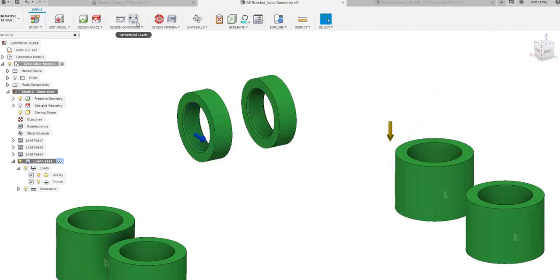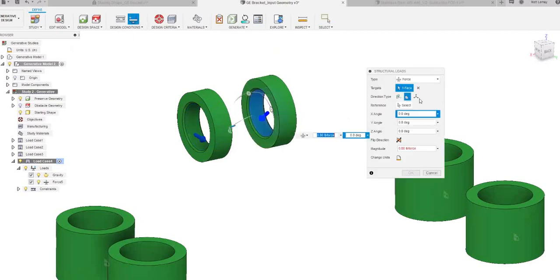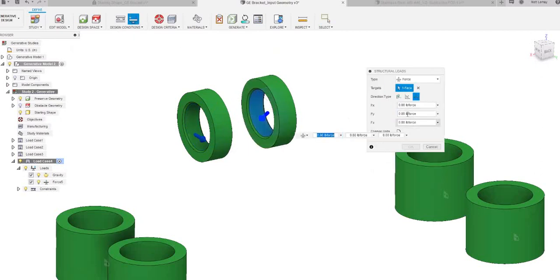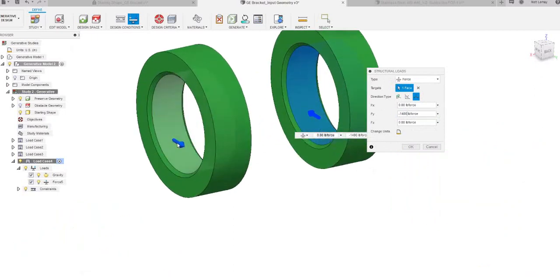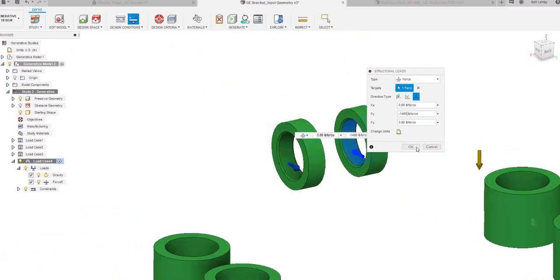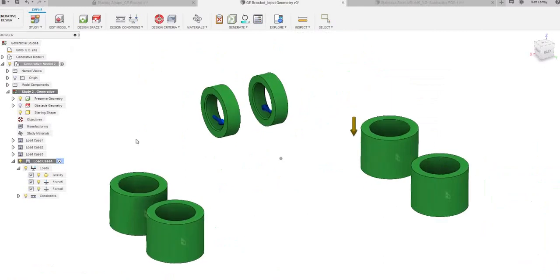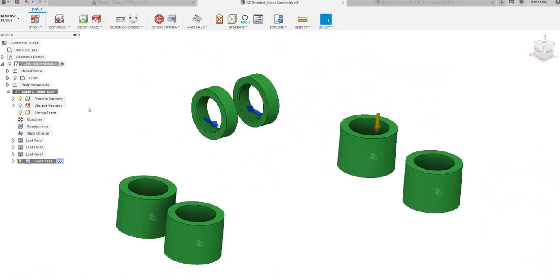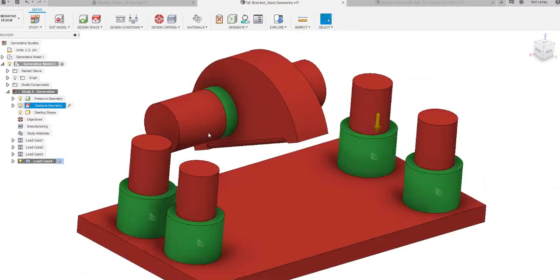And then we'll do the opposite on the other face. So here we'll do minus 1400. So now you can see that we have one arrow pointing in one direction and then the other pointing in the other direction, sort of applying that moment that we talked about. Okay, so now we have all of our loading conditions set up, and we have all of our geometry correctly